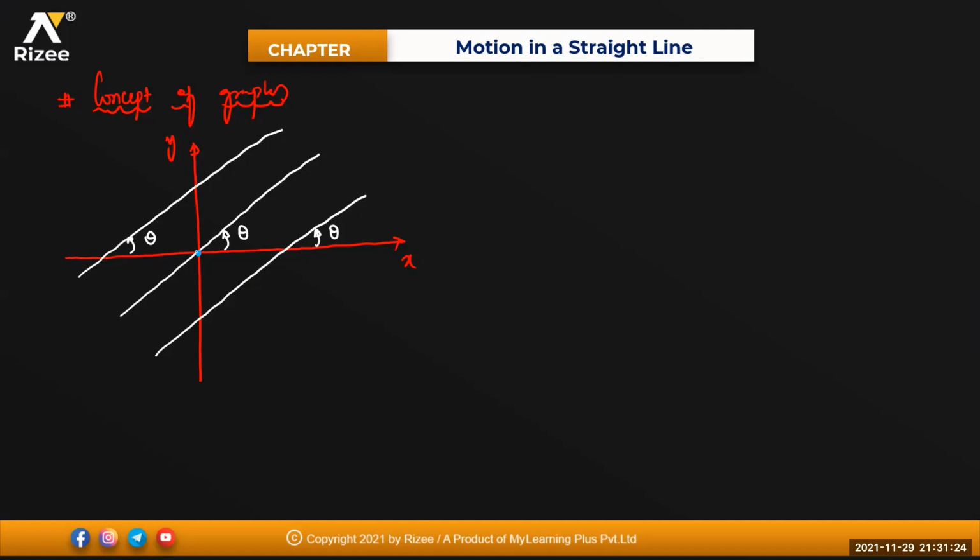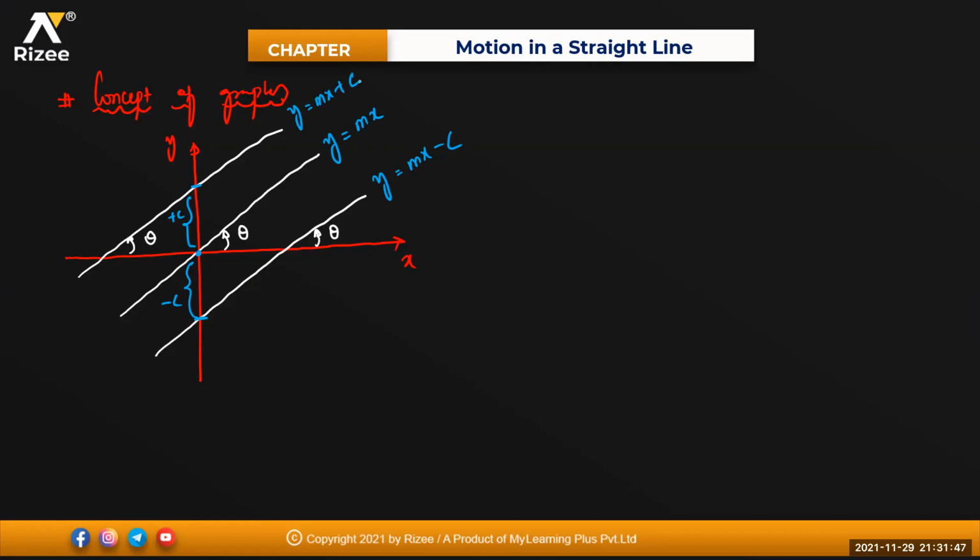this is your origin. If it is passing from origin, the equation will become y is equals to m into x. It is intercepting at minus c. This one is minus c. So the equation for this one will be y is equals to mx minus c. Now this one is of positive c. From here to here, this is plus c. So for this one, the equation will become y is equals to mx plus c.